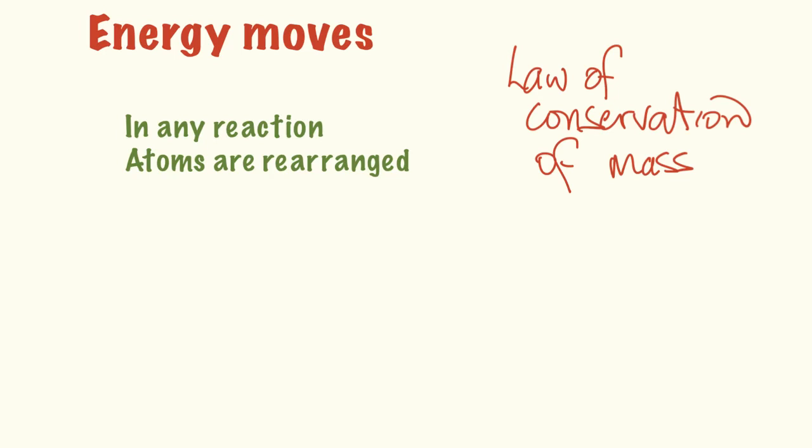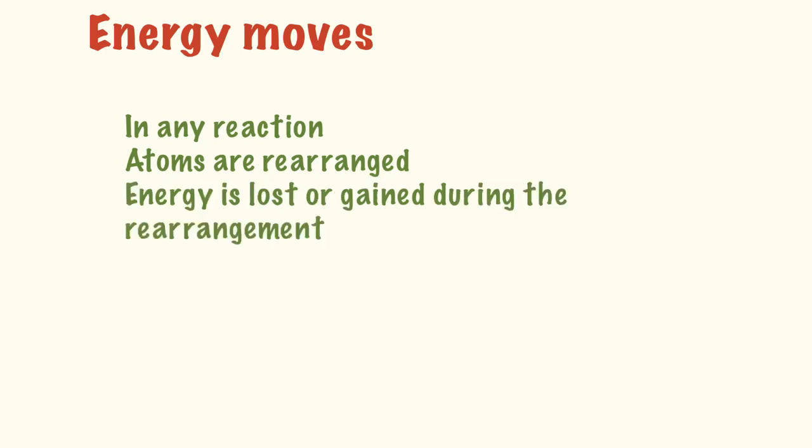So if I have got 12 carbon atoms at the start, I must have 12 carbon atoms at the end. If I've got 5 nitrogen atoms at the start, I must have 5 nitrogen atoms at the end. Alright, so this is the basis also of our balancing equations activity we've already done. Alright, so we're just going to rearrange them. And what actually happens is there is normally an energy loss